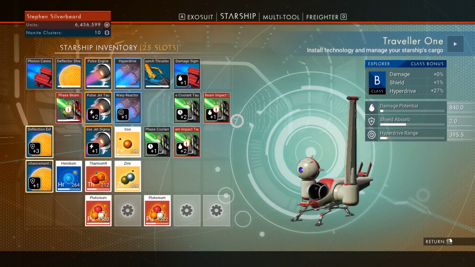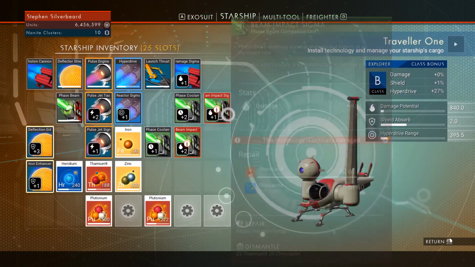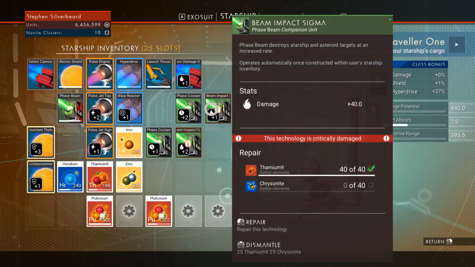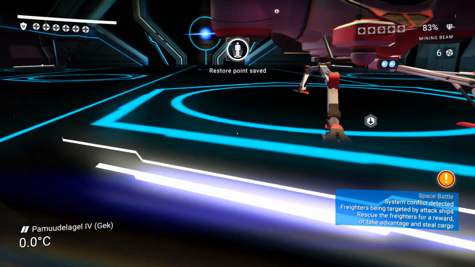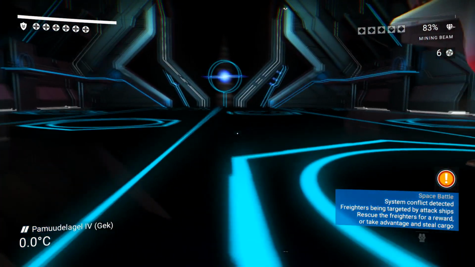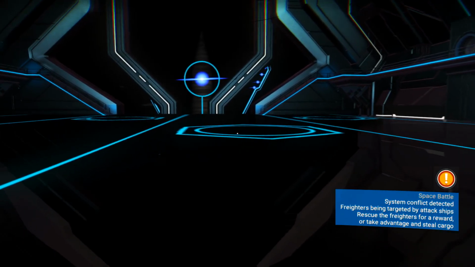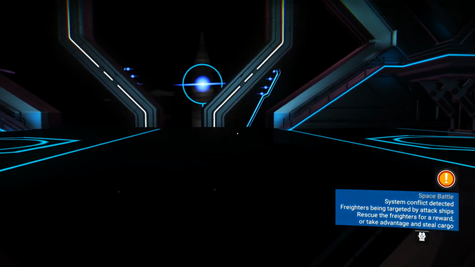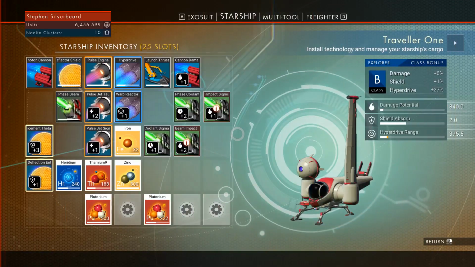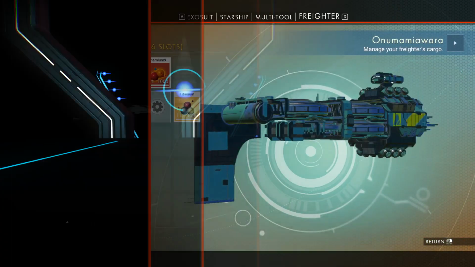And we can repair that. Phase beam, we can repair that. We need copper and chrysolite to repair that. We'd have to go back to home base to get that. I think what we're going to do is just go up and... I mean, in some ways, I don't really need to repair all those laser beams for this ship. Maybe I won't bother repairing them all just at the moment, because it's just using up a lot of my resources. Not that I've got a massive shortage, but...